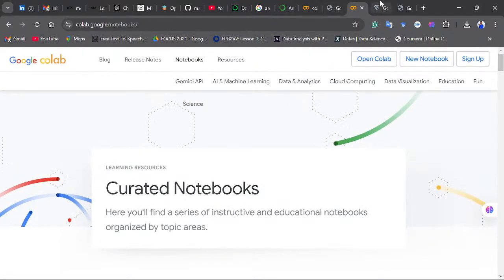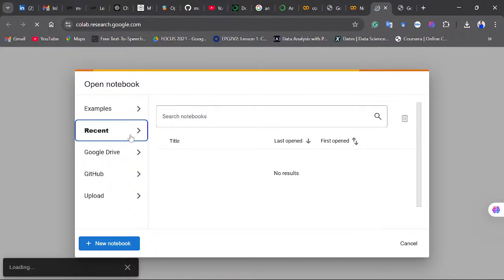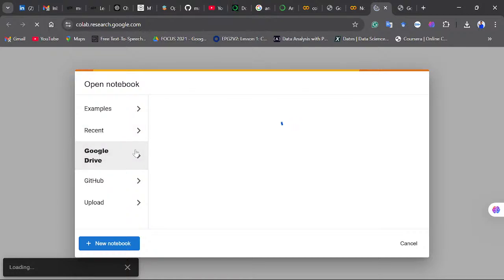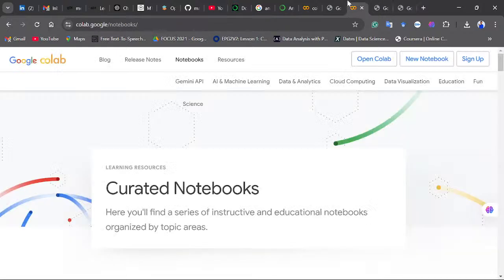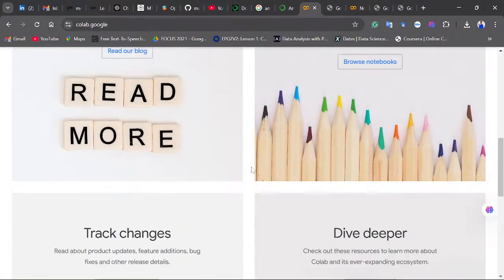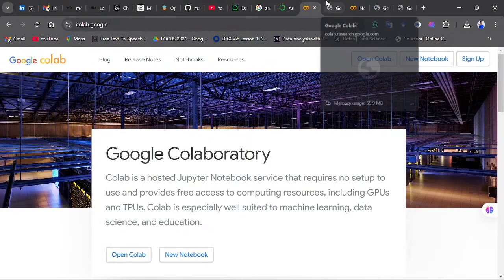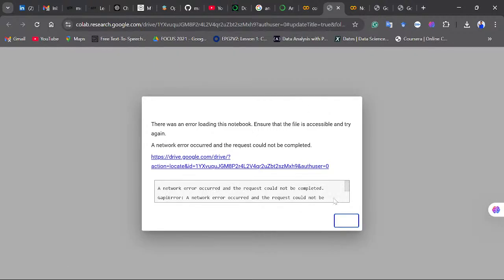It seems to be running into an error with the Google Colab. Okay, so that is the process actually. I'm sure if you try with your own, it should come. I'm running into an error with Google Colab anytime I try to open a new notebook. So once you are able to open it,